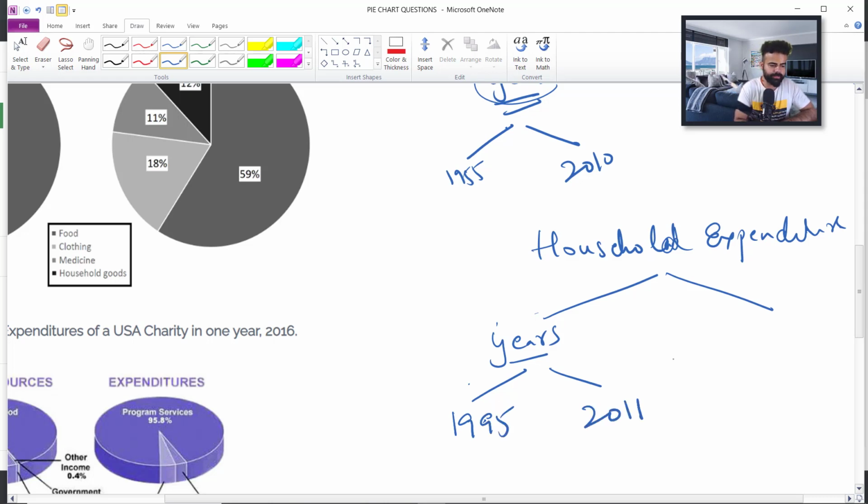So you'll write these 2 attributes, and then you'll write elements here. That's food, then we have clothing,